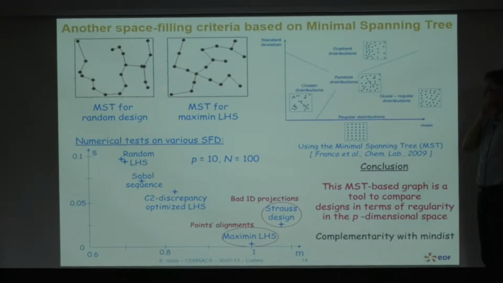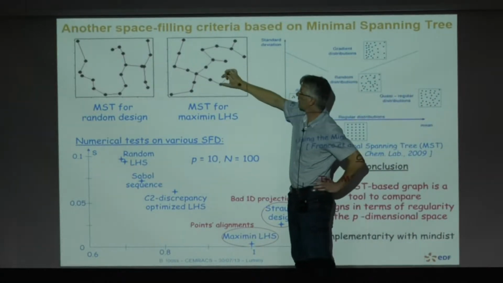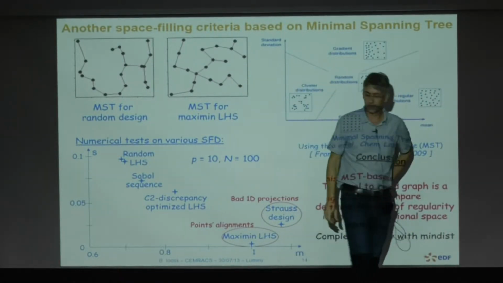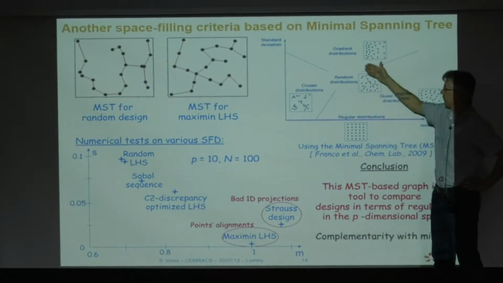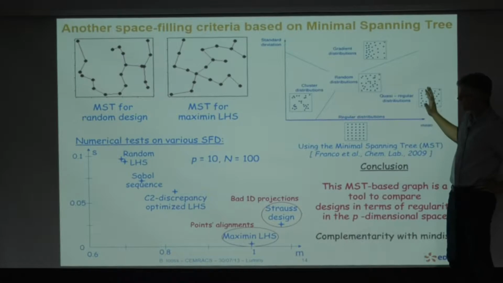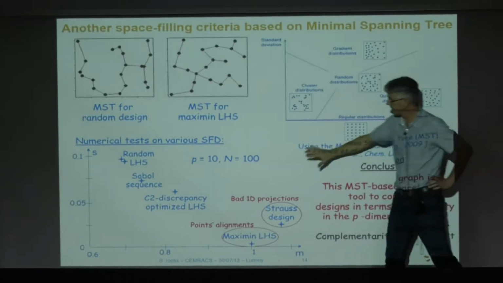After, I will show you how to build the spanning tree in R. And the researchers who have studied this have also remarked that what we look for when we make space filling design is very regular distributions, so something with a large mean and a very small standard deviation because all the arcs here seem equal, you see? And the random situations appear at the center of this figure. Okay, so once I have said this, I can go to this.